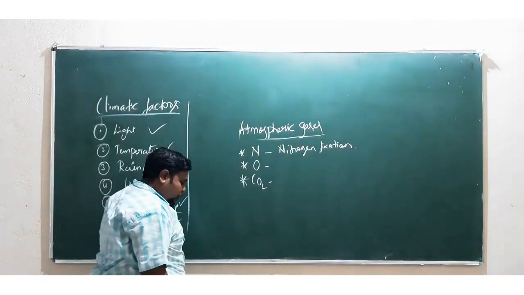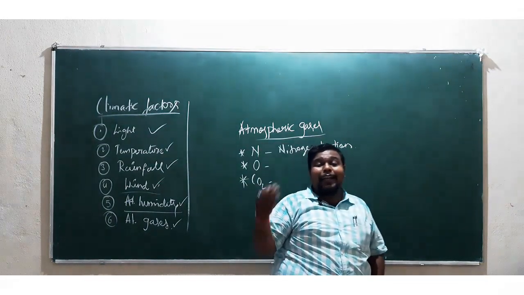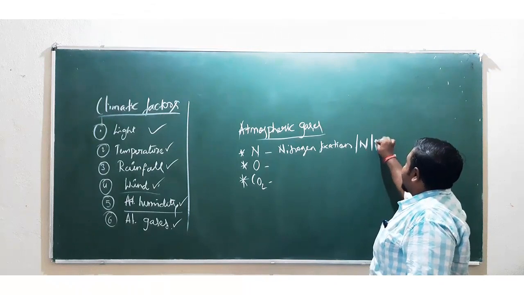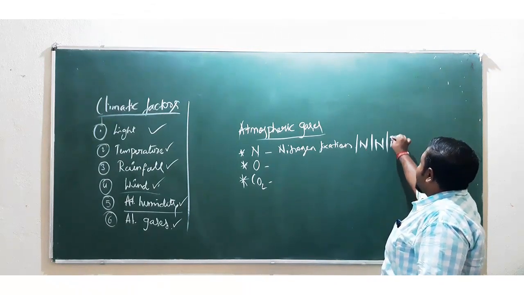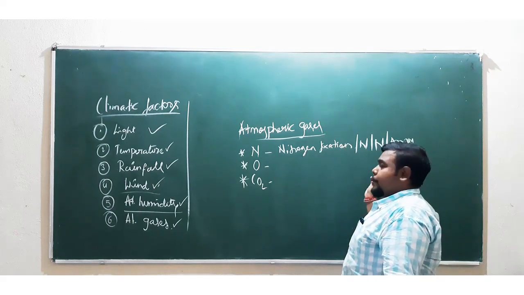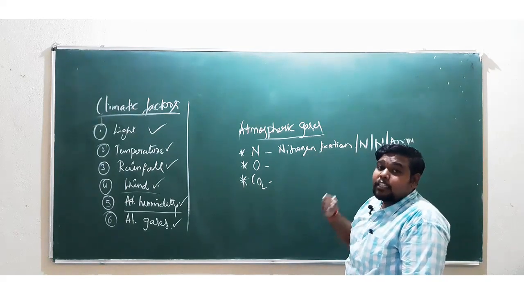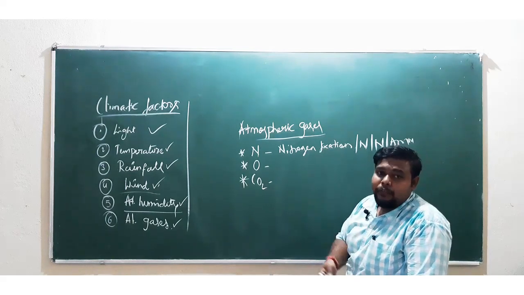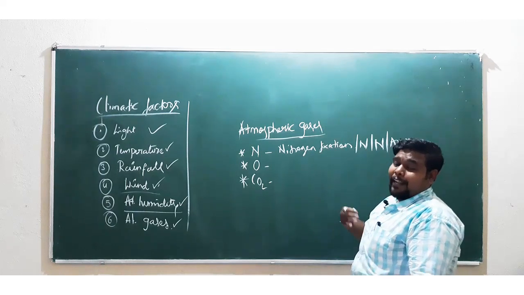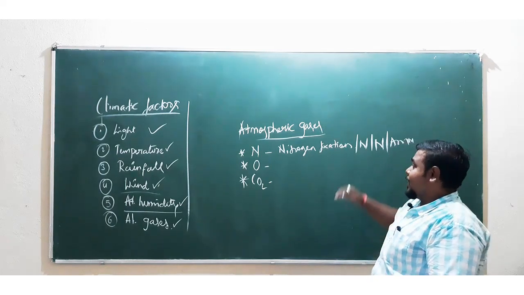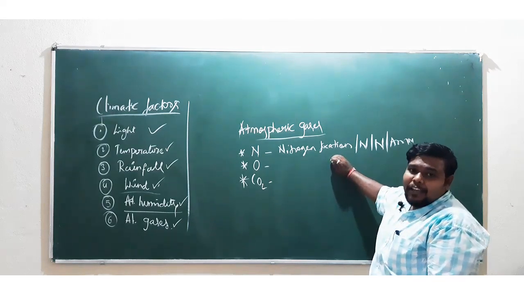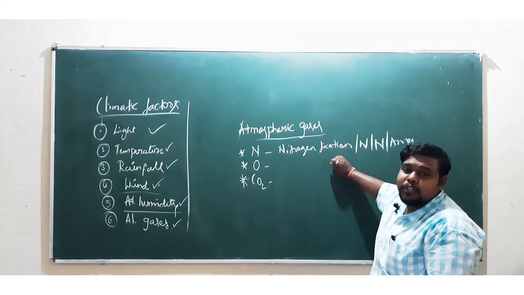So nitrogen, which is found in the atmosphere, cannot be taken directly by the plant. It will be converted from nitrites to nitrates, and again from that to ammonia. That is how it will be converted, and it will be taken up by the plant with the help of various biological factors. We have rhizobium bacteria and other leguminous plants. We have many other mutual associations here. By that method, they will take up the atmospheric nitrogen and it will be utilized for nitrogen fixation in plants here.